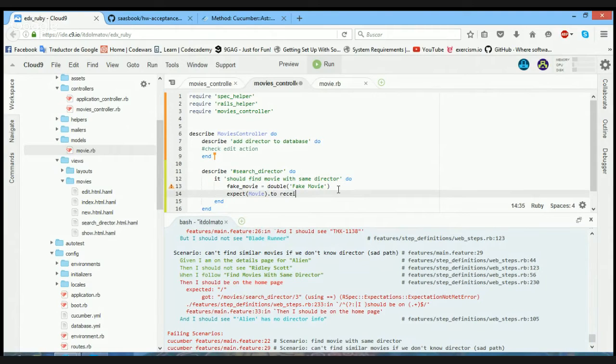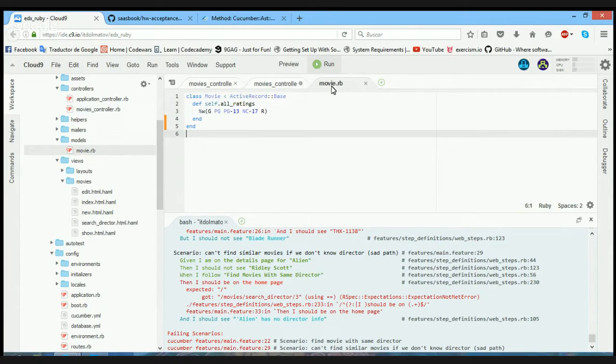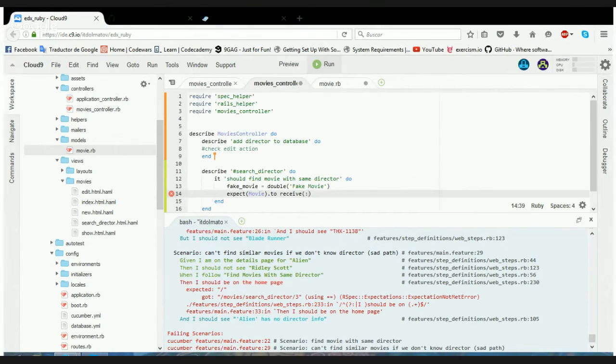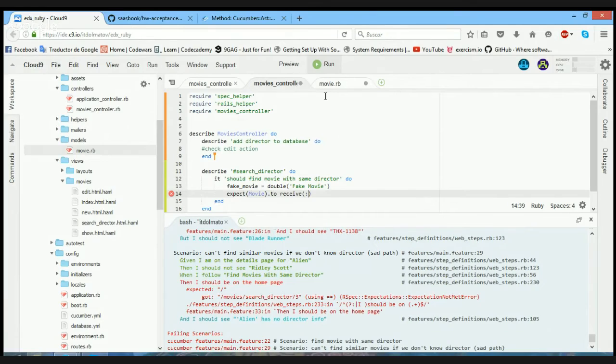Well, we could create an empty function. I was just thinking, if we listen on this same director,